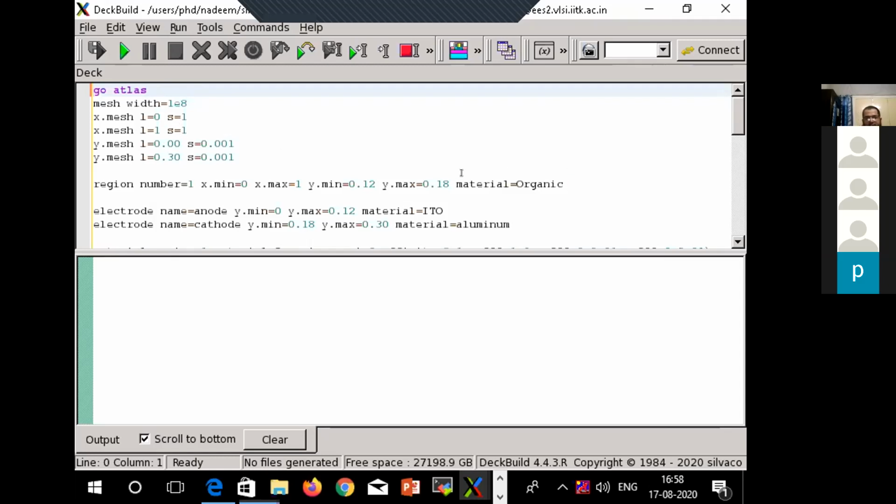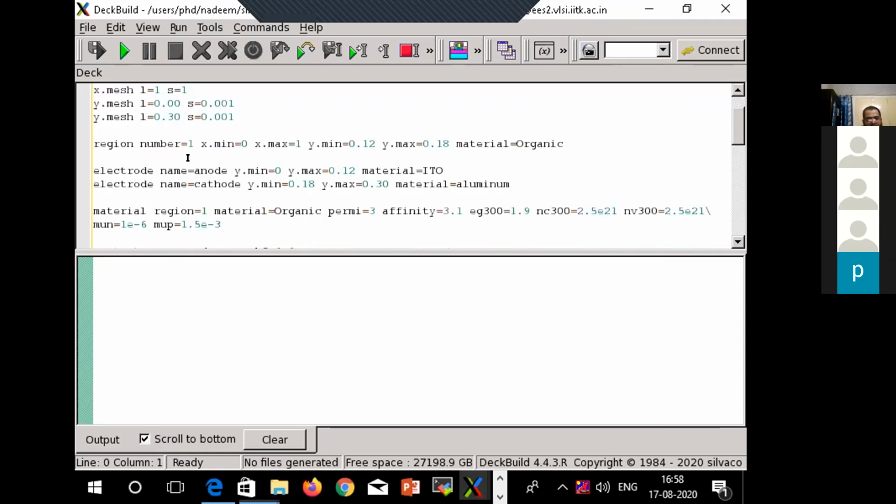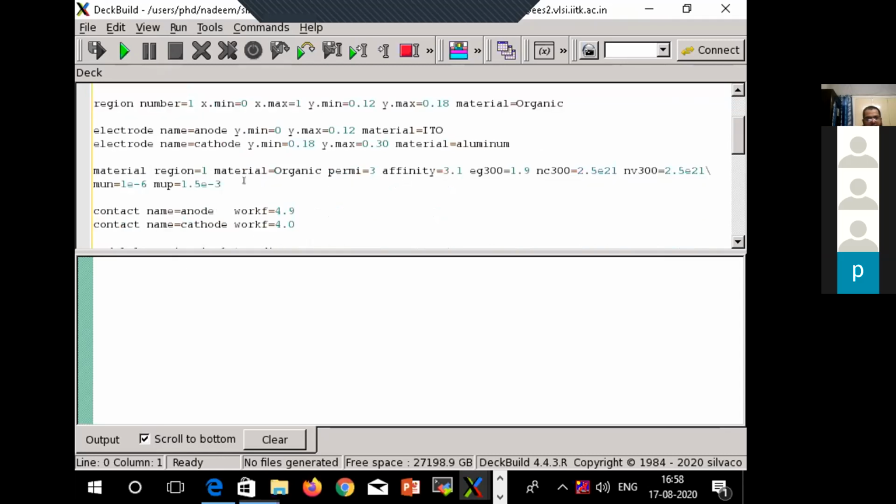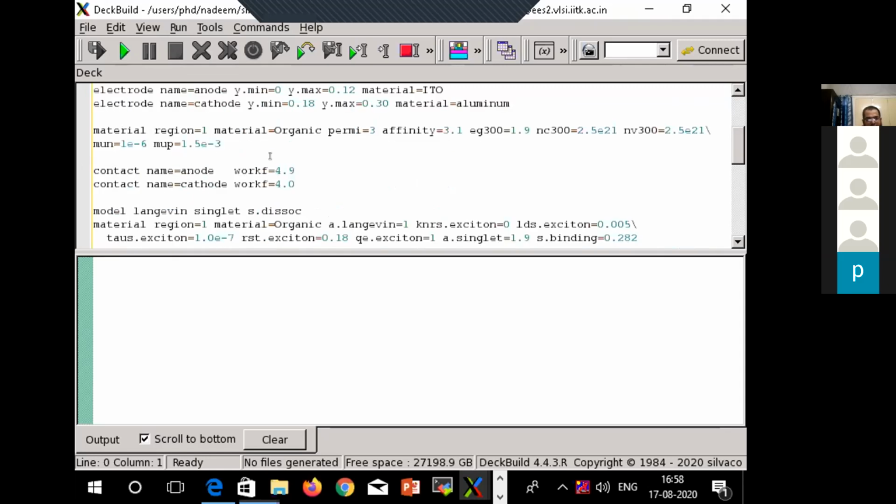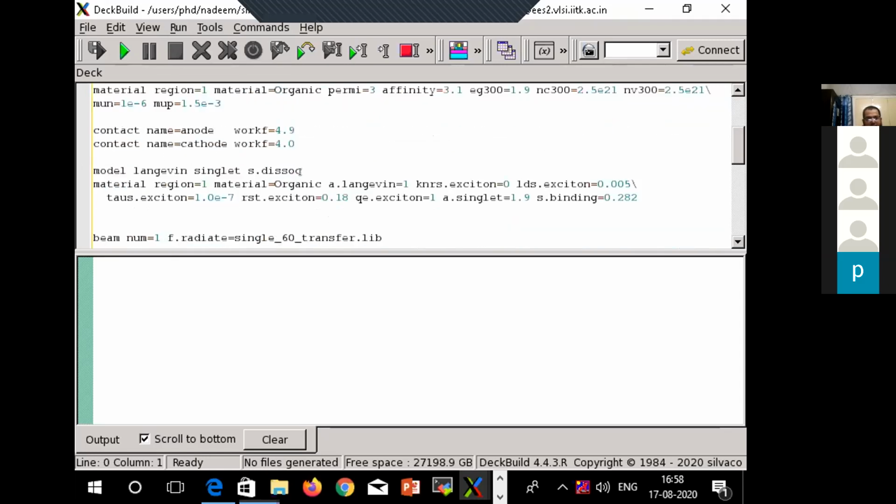Okay, the region is organic, and anodes and cathodes are defined accordingly, and the material and mobility values similar to the way that I did earlier. And we have the work function also defined accordingly. But now, since it is a solar simulation, we also need models of recombination and all that, and also we need to shine light on the semiconductor. So for that, in the model statement, he has included the Langevin recombination model.